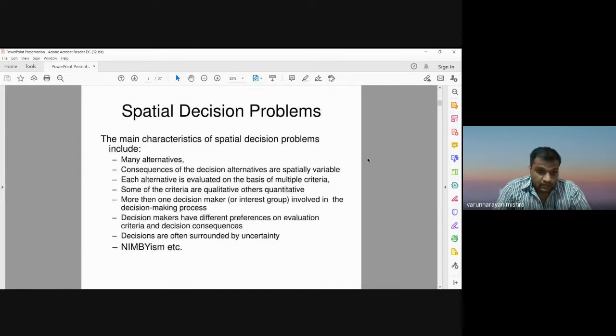Okay, because if a group of persons is working on the same problem, multiple different people have different criteria to evaluate your result, to evaluate your data set. So you need to choose an appropriate decision making process. You need to work on the most appropriate alternative method for the spatial decision making solution.